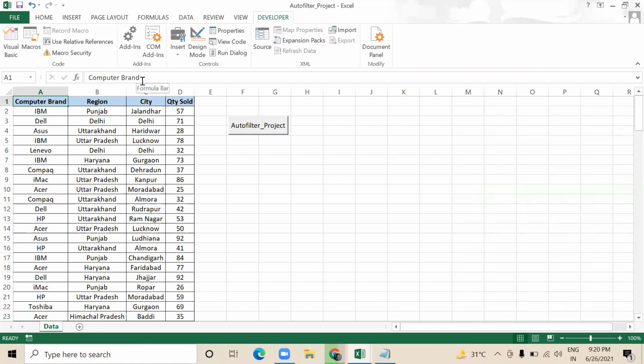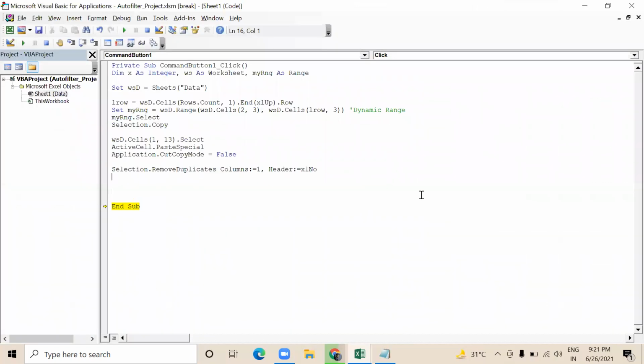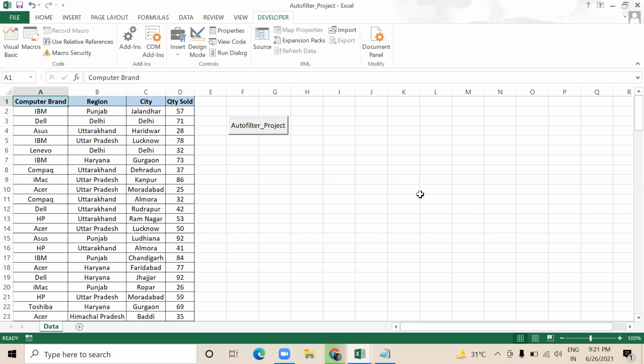Now, what I will do is, I will say WSD 1 comma, I want to make my cursor reach here.